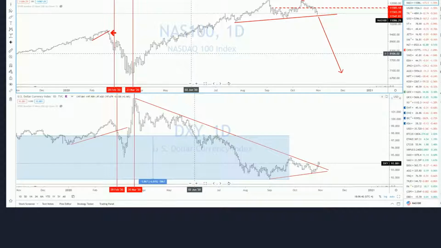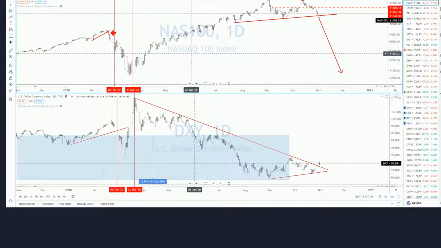QE. Remember, QE is an asset swap. It's not a deficit increase. It's an asset swap. It converts bonds to dollars. So there's a reduction in the amount of bonds available with an increase of the money supply. Yes, it's an asset swap, but there is a fundamental difference in how many dollars exist. And you can't buy a stock with a bond. You can't buy a stock with a dollar. Okay,